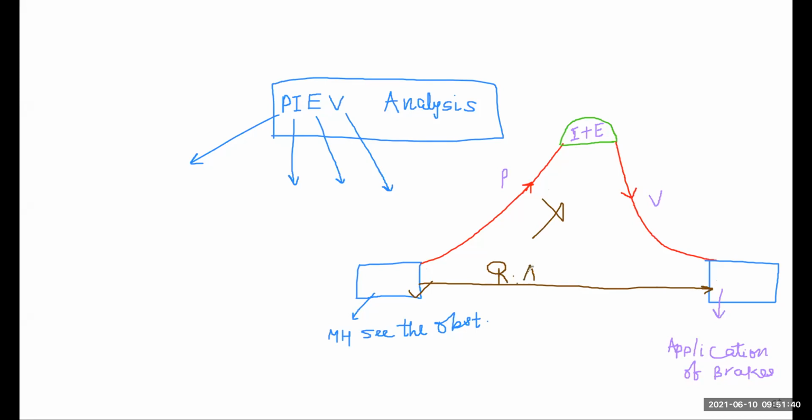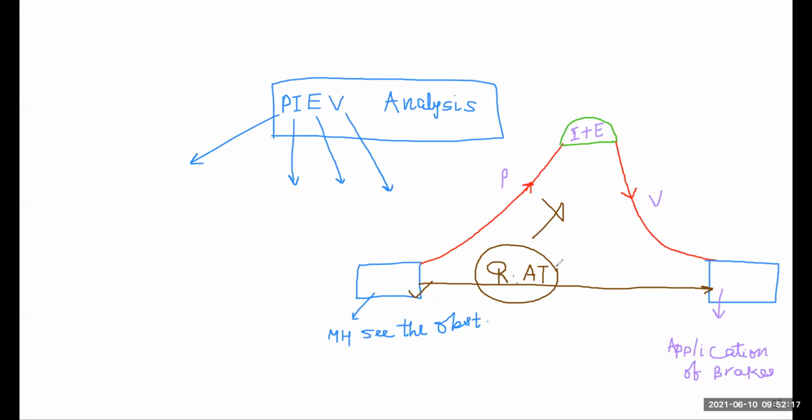Some persons you have seen, they just see the object and apply the brake. Some older person will see any object and apply the brake. He just sees a snake running on the road and applies the brake, he just sees an ant running on the road and applies the brake. He is used to applying the brake because he is getting old. So when he sees the object he applies the brake, he does not perceive, he does not use intellect, he does not get emotion, he does not violate, he just sees the object and applies the brake.